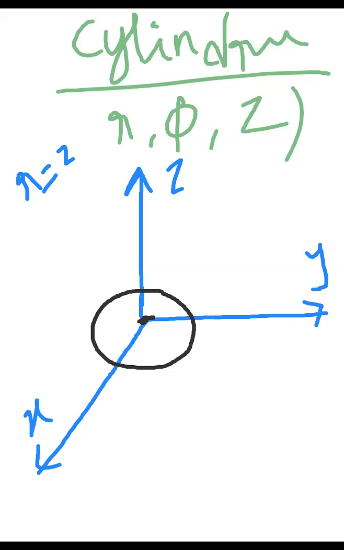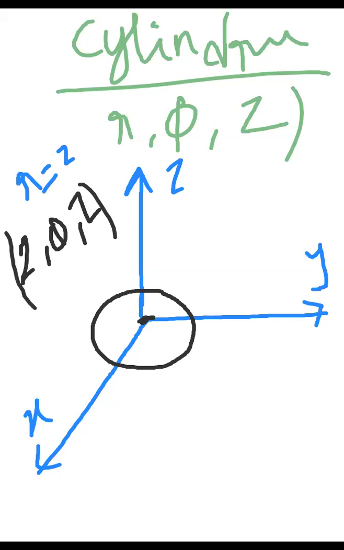Now a question arises. R equal to 2 means is it only a circle or not? Again, you have to extend your understanding. In a 3D coordinate system, if one coordinate is fixed and you have flexibility over the others, what will you get? Surface. Yes, you will get a surface. That means what, sir?